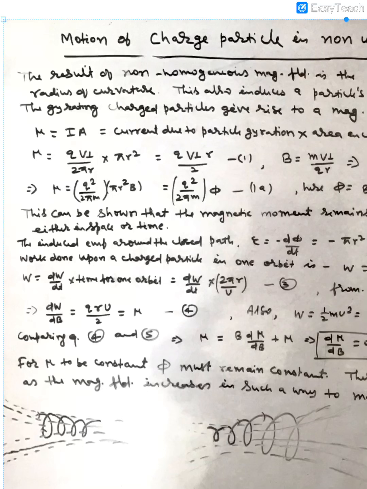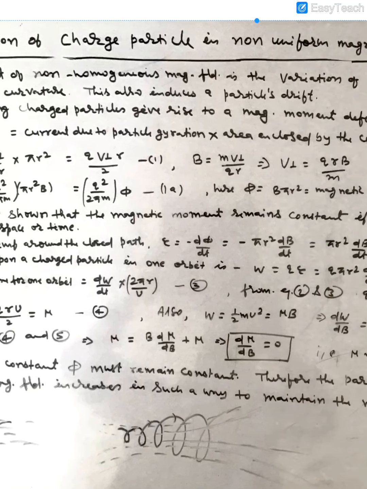We can also have the expression of work done using the expression of power. Work done will be equal to power into time for one orbit, and we get equation 3,